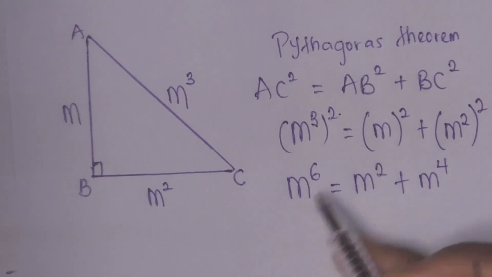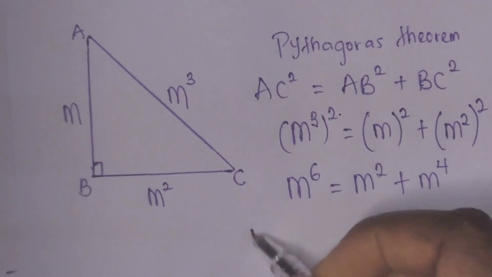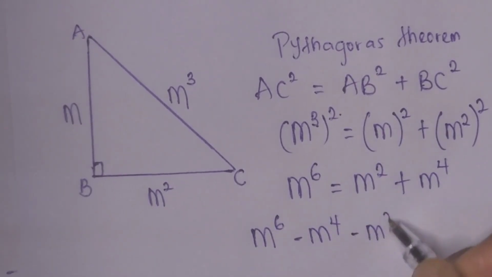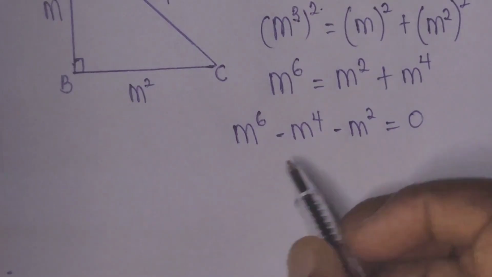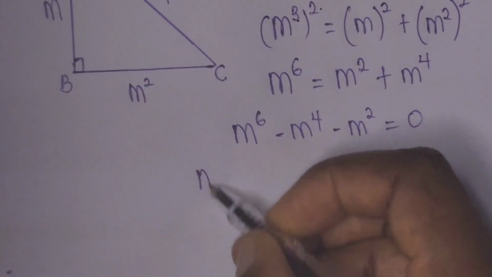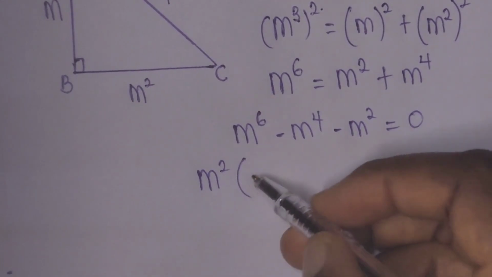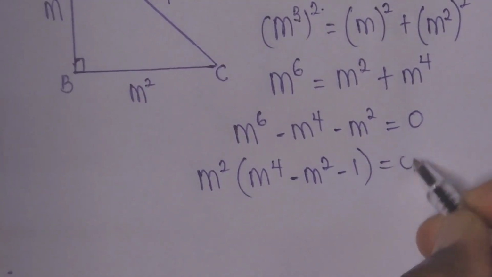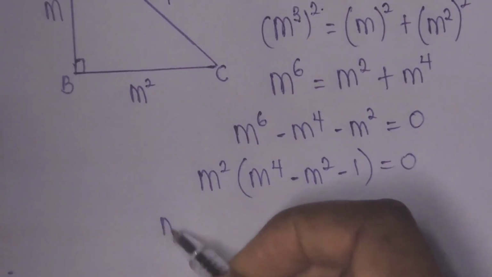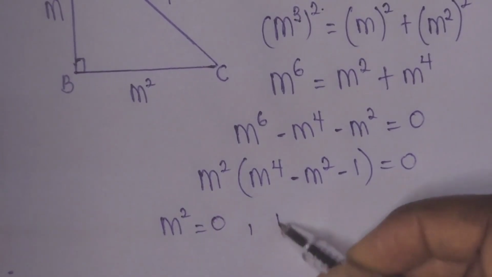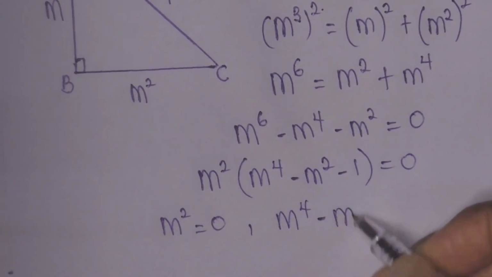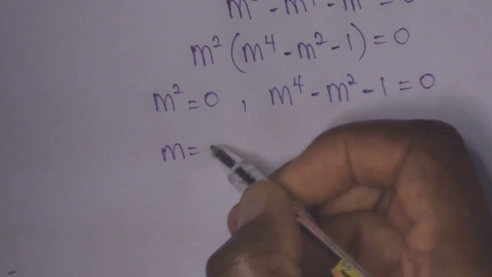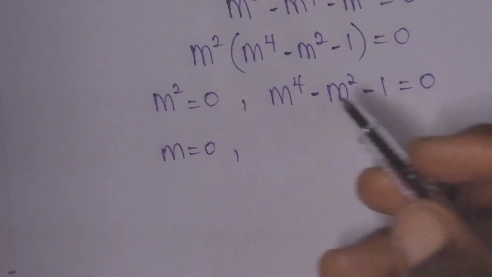So when we move these variables to the left hand side, we have m to the power of 6 minus m to the power of 4 minus m squared all equal to 0. So from here we can factor out m squared to have m squared, brackets open, m to the power of 4 minus m squared minus 1, all equal to 0. It simply means that m squared is equal to 0 and m to the power of 4 minus m squared minus 1 is also equal to 0. So from here we have m to be equal to 0. So resolving this,